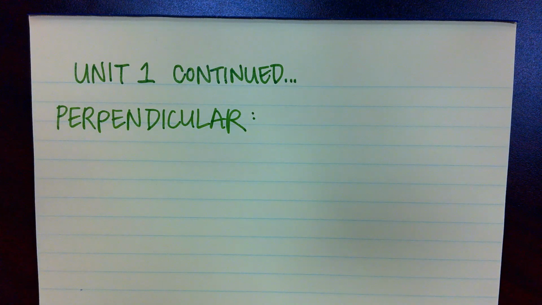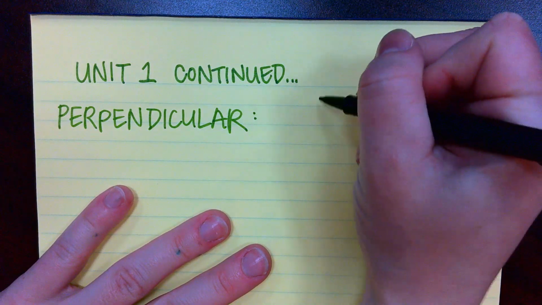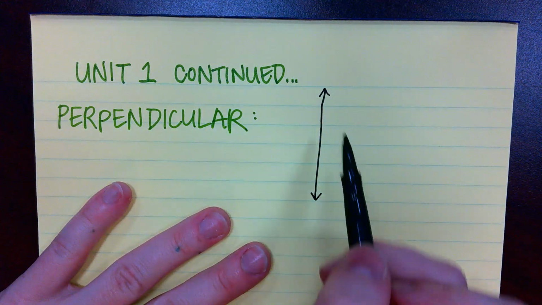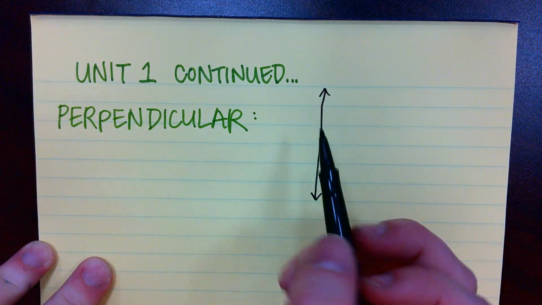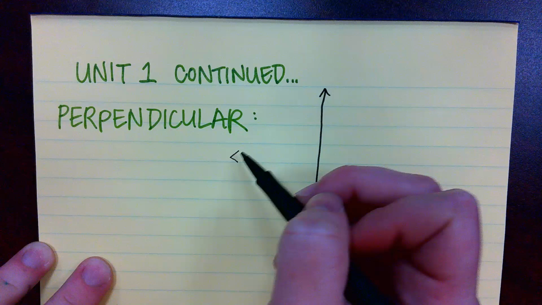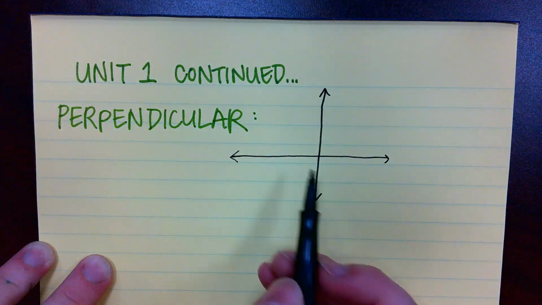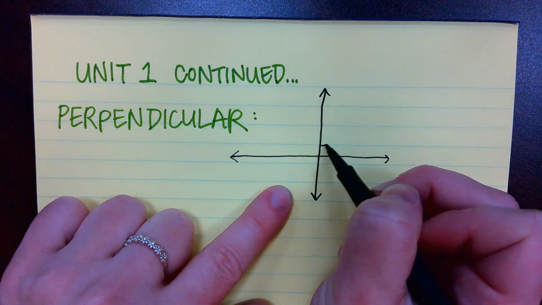And this isn't going to be an accurate picture, it's just going to be kind of like a photo guide. So when we describe something as perpendicular, usually we're talking about lines. Whenever two lines are perpendicular to each other, we're going to start by drawing one line straight up and down. Again, it does not have to be perfect. Mine is obviously not. And then we're going to draw another line that intersects, that means it's just crossing it,